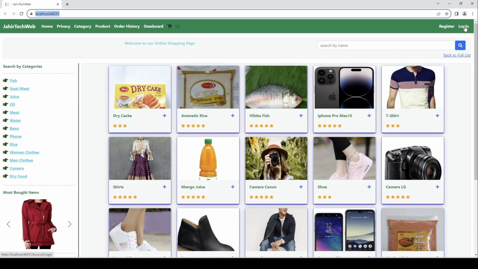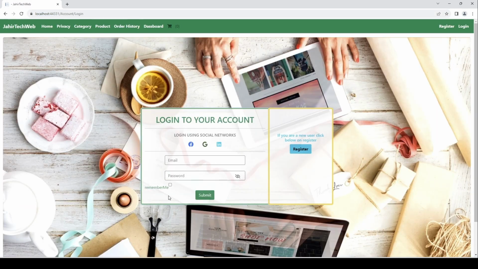Make it bigger, click on login. Now we see our checkbox is coming over here. If you want to have it on the right side, you can redesign it, but our target is to learn how to implement the